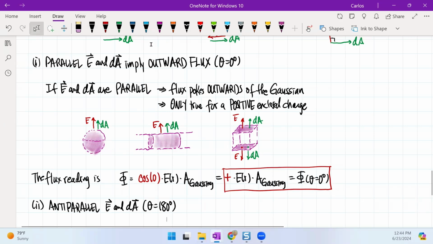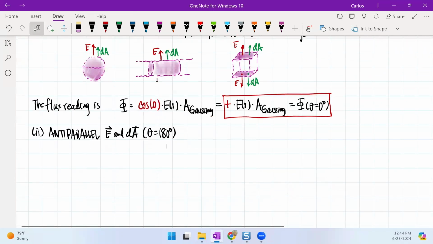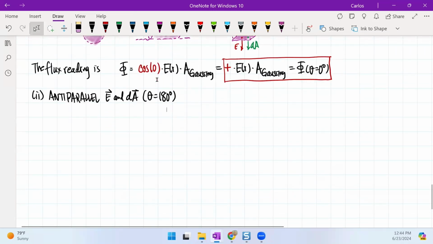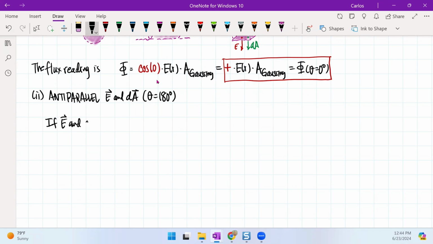So in this situation, what do we have? We have something different now. So if E and dA are anti-parallel,